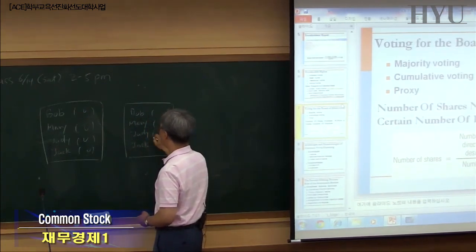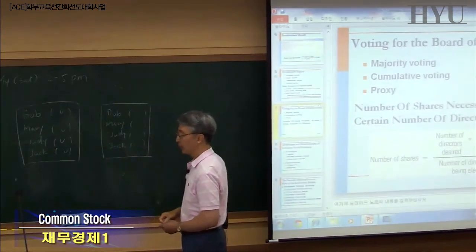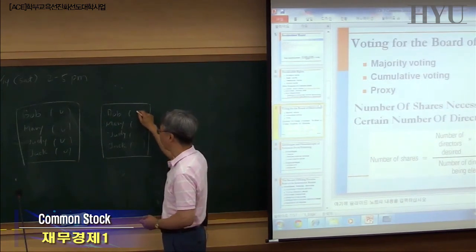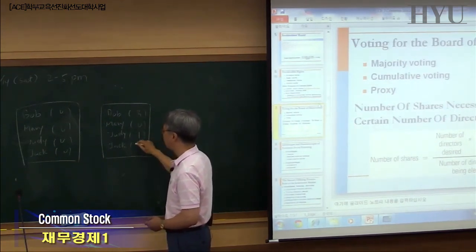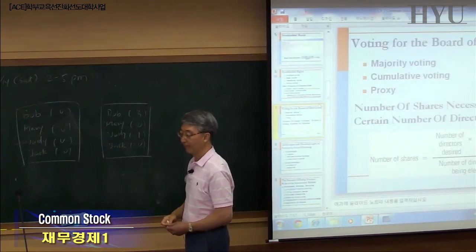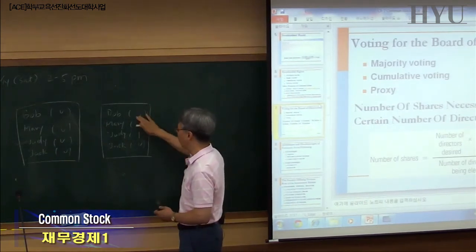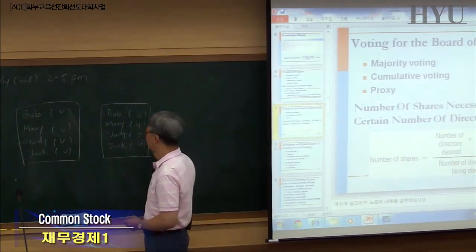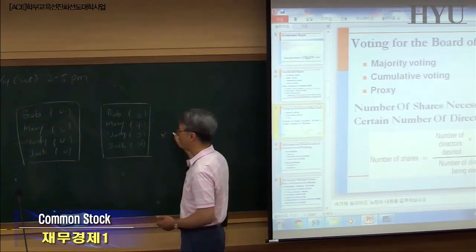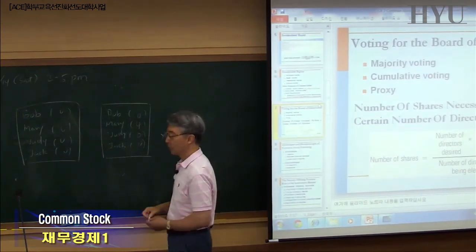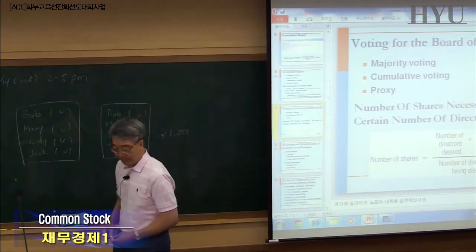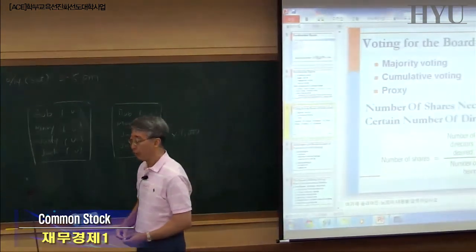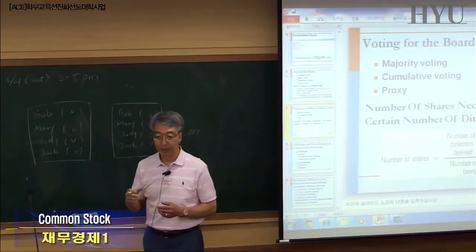you will actually be able to indicate how many votes you cast for each person. So if you get 4 total votes, you can maybe distribute 3 and 1, 0, 0, something like that. Or if you like, you can give all 4 votes to Mary. And of course, all these numbers will be multiplied by the number of shares, if you hold, say, 1,000 shares.